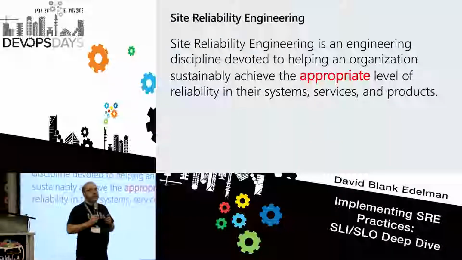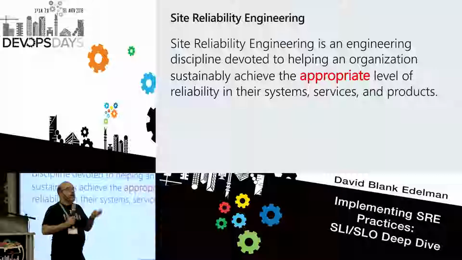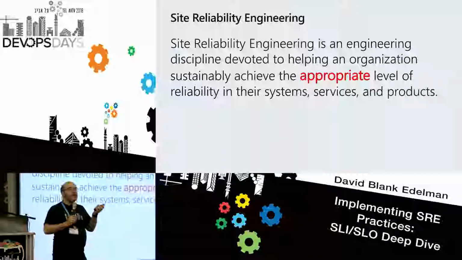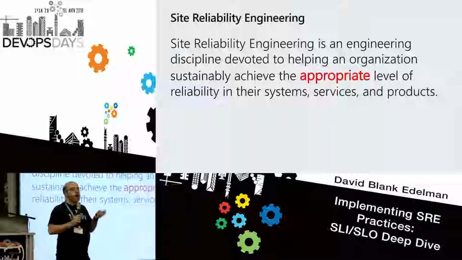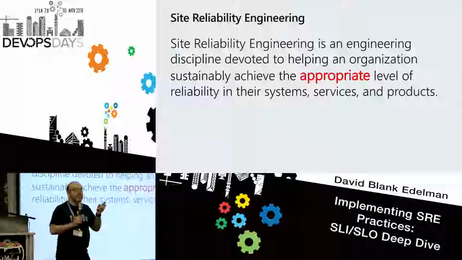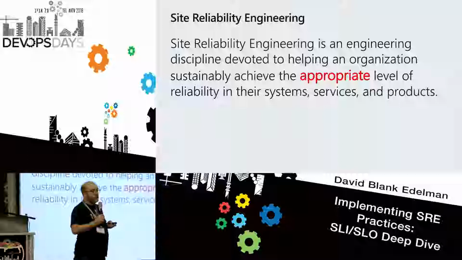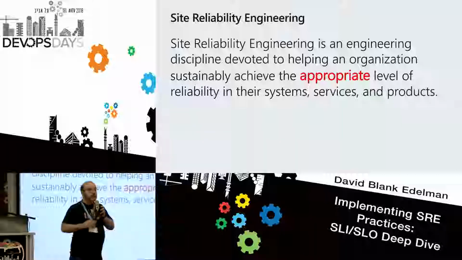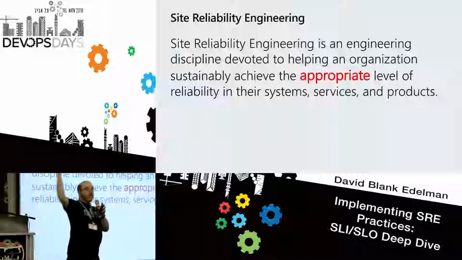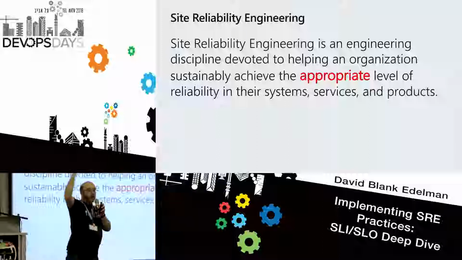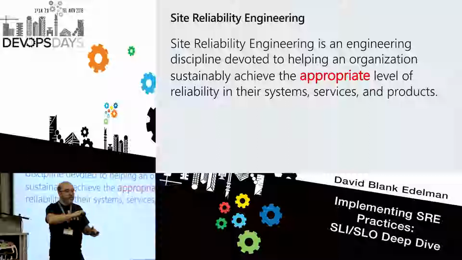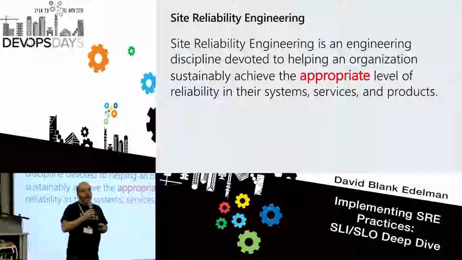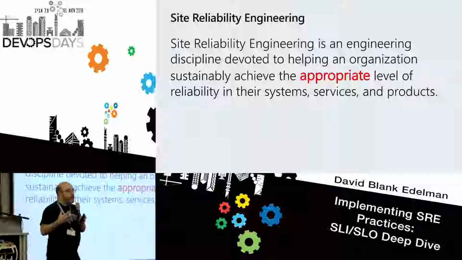Another important word of this definition is the word appropriate. By appropriate, I mean it is almost never the case, and this is going to be a little bit of heresy, that you need 100% reliability, or you even want 100% reliability. There are certain exceptions: the things that fly in the air, you really want them to be 100% reliable. The thing that ticks in your chest, right? You want to make sure that's reliable, but you don't need it everywhere else. And in fact, you don't want to even try.